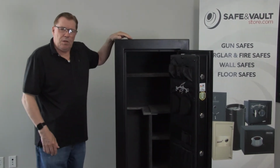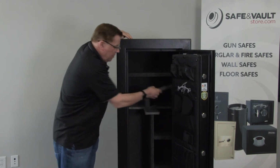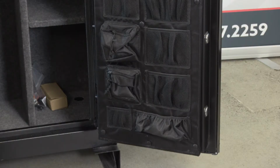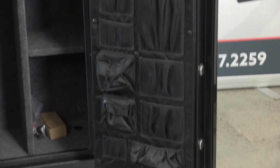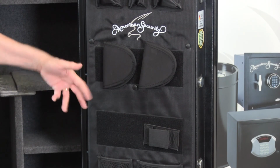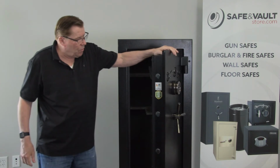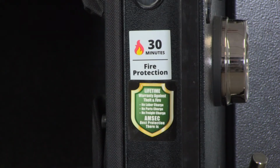This safe will support 8 long guns on one side or 16 long guns on both sides. The inside door organizer has one spot here for a long gun. It also has 2 pistol pouches and miscellaneous pouches for clips, ammo, and any other items that you want to put in there. The TF5924E5 has a 30-minute fire rating, but it also has a lifetime warranty against fire and